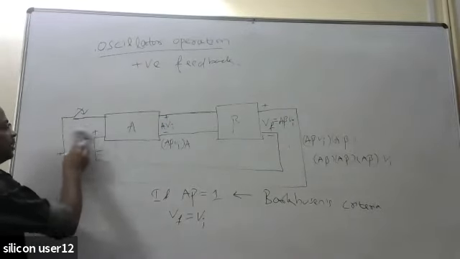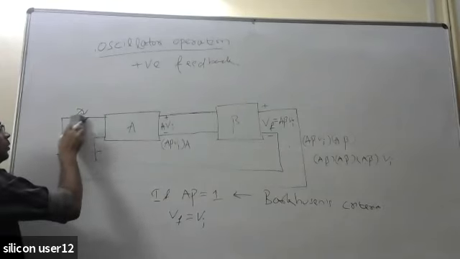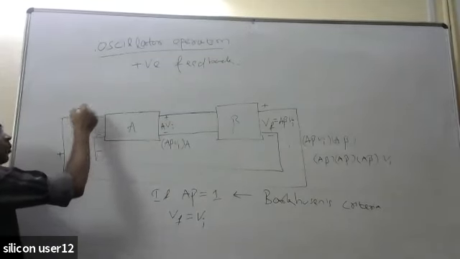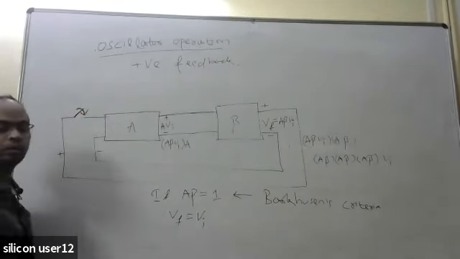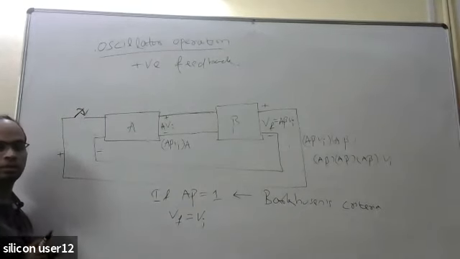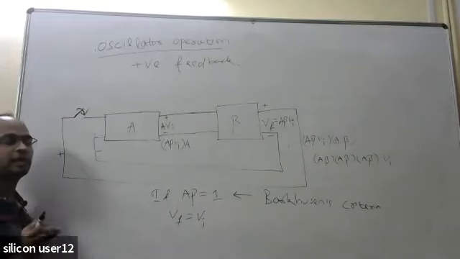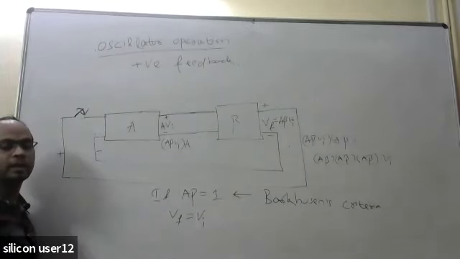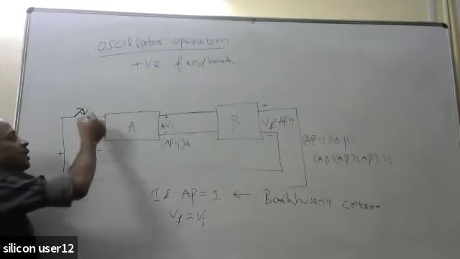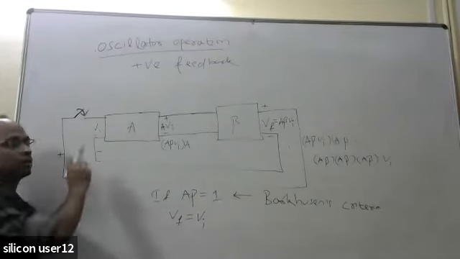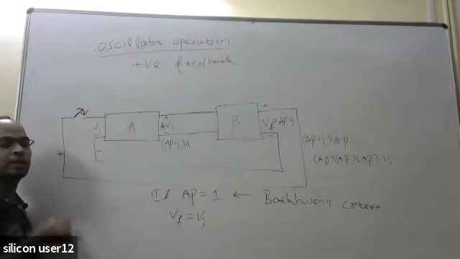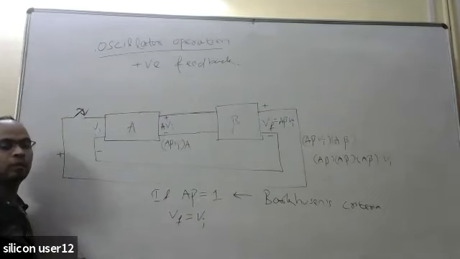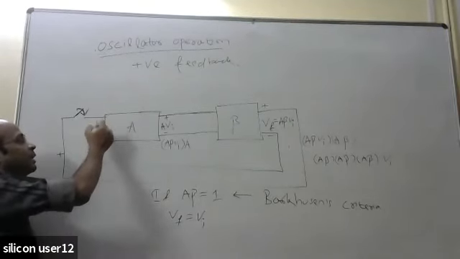Initially nothing was given here. When the switch was open, and then the switch is closed. When the switch is closed, you know that a little sparking will occur. Whenever you click a switch, you might have noticed some sparks occur there. So that is this small unwanted signal, or unwanted noise. That signal will be applied to this input. So we don't have to give this Vi manually or explicitly. Whenever we close the switch, automatically an unwanted noise signal will be created, and that will be applied here as an input signal.